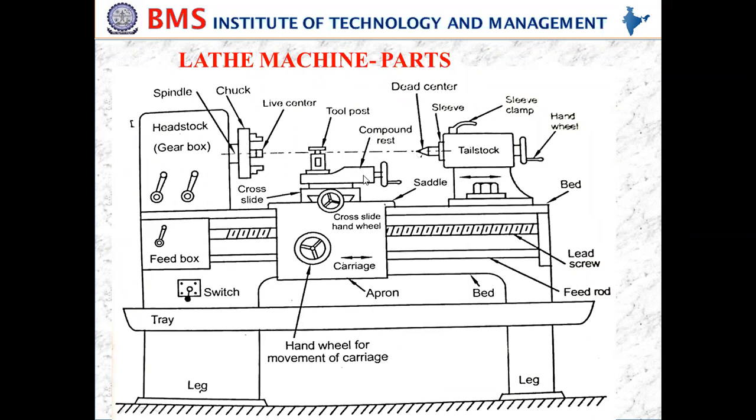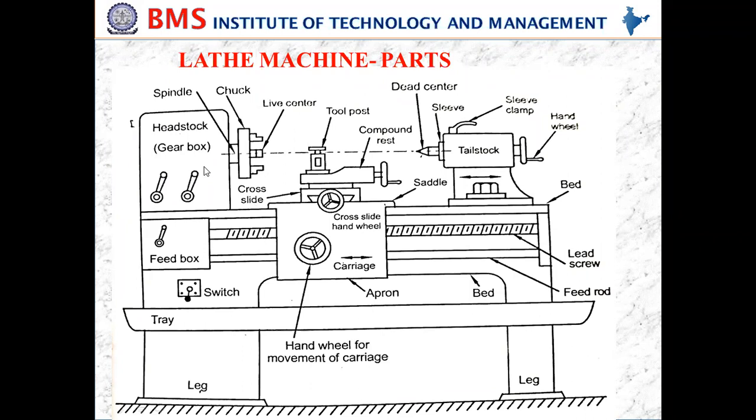So all these move in a longitudinal direction. How is the carriage moved in a longitudinal direction, or the tailstock moved in a forward direction also? By using these guideways. So accurately they move parallel to the axis of rotation. This carriage moves exactly parallel to the axis of rotation, which means accurately it moves from right to left, right to left. And the second one, very importantly, the headstock.